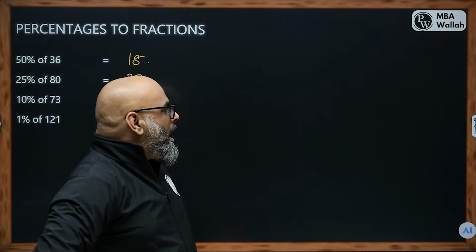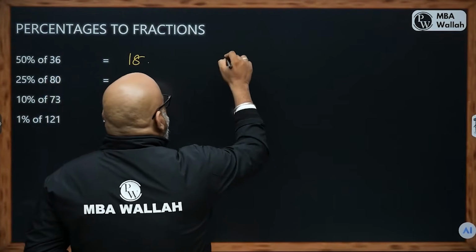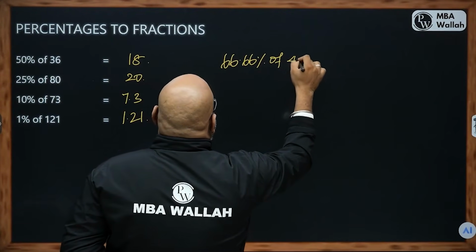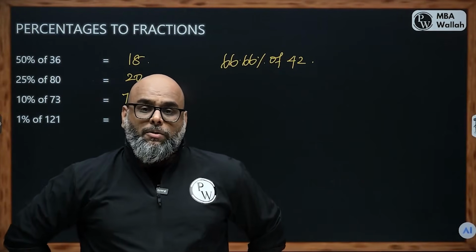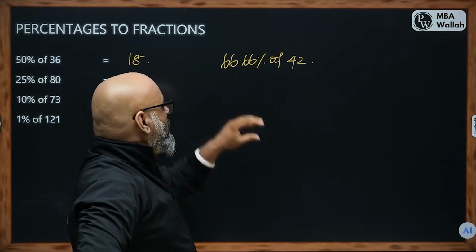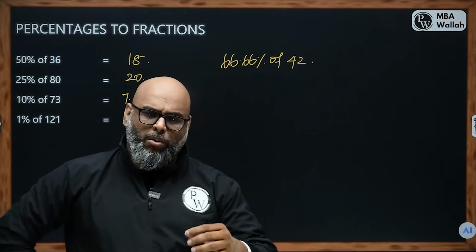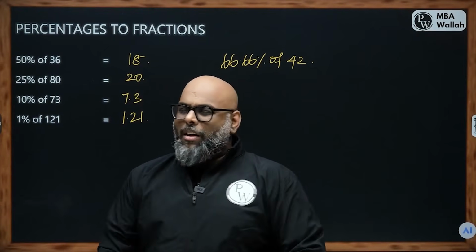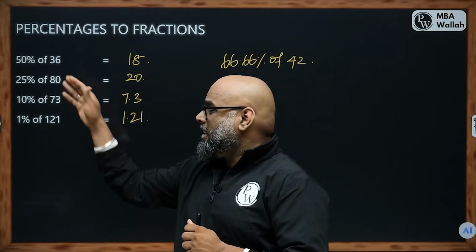But if I ask you a few more questions, now if I say 66.66% of 42, then what will you do? This is where it gets tricky. Now we'll have to manually multiply 66.66 by 100 into 42 and then do the math. It's a painful procedure, right? Now if you go back here and look at this, and think how was this easy and this is getting difficult,